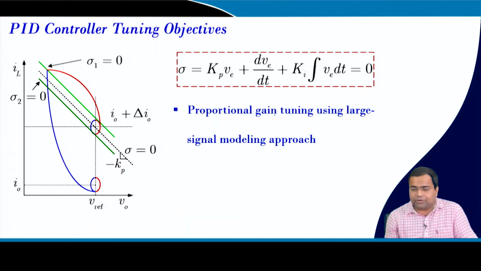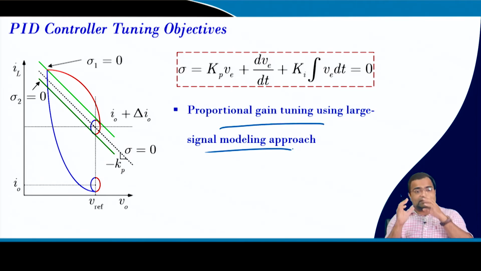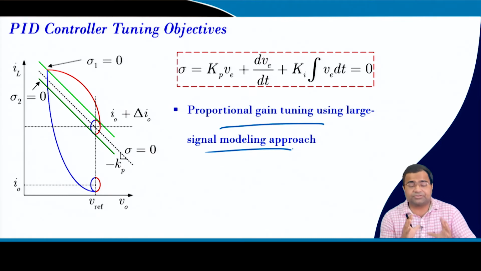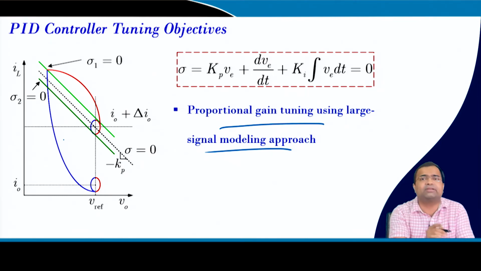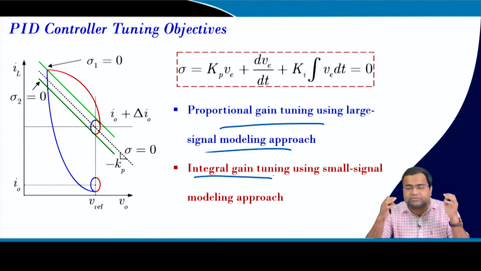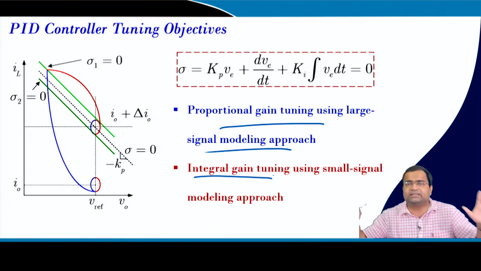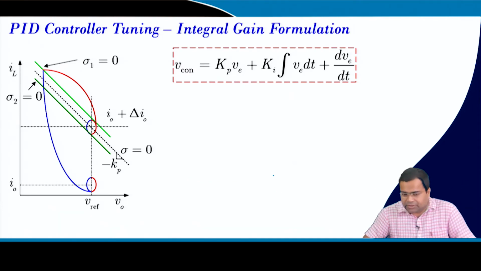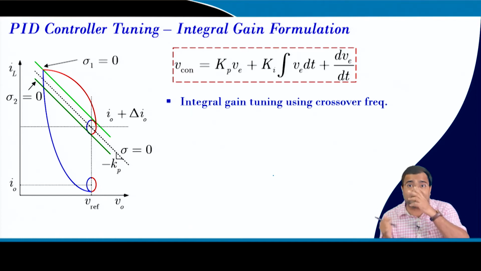Okay. So, for the proportional gain here we are using the large signal model, because that is to design our trajectory switching surface in such a way that we get one switching action, whereas the integral gain is designed using the small signal model, because this will act during steady state and it has a very slow scale behavior near steady state, so that it will try to eliminate the steady state error. So, let us first see how to design the integral gain.